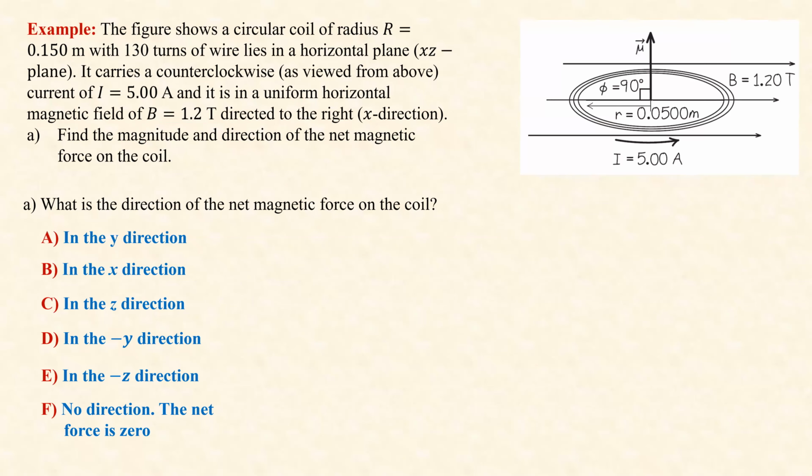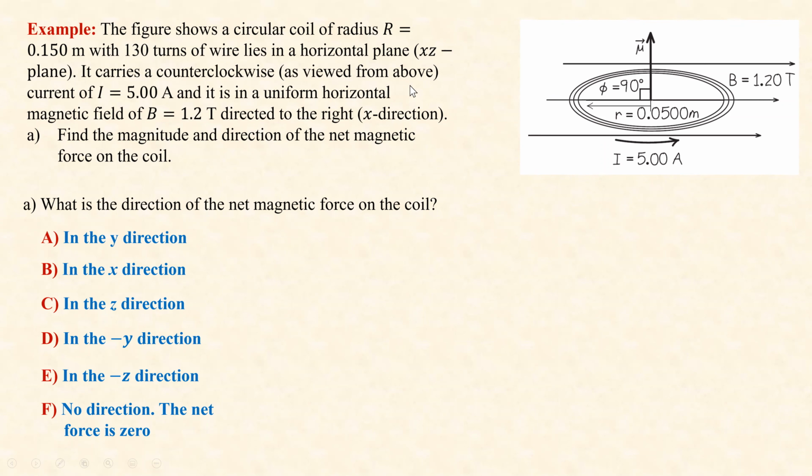Okay, now we have this problem. It says the figure shows a circular coil of radius r, 15 centimeter. Here it says 5 centimeter, but I think I changed it to 15 centimeter. With 130 turns of wire, lies in a horizontal plane, which we call XZ plane. It carries a